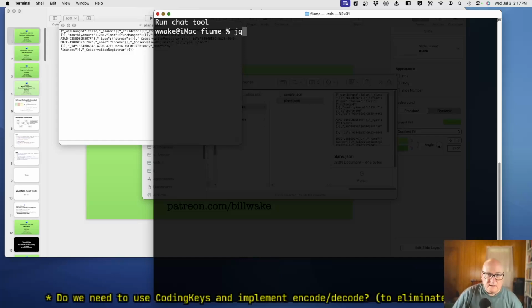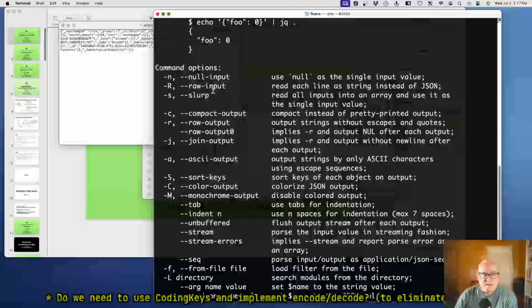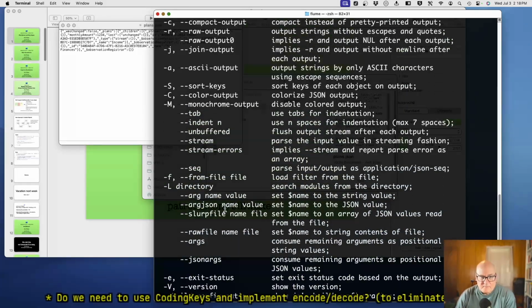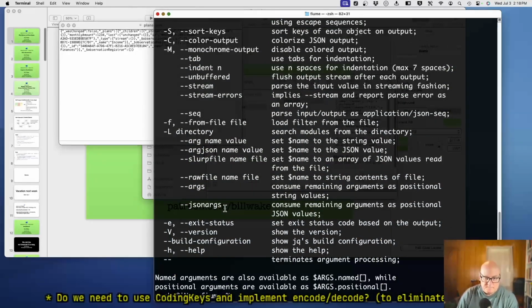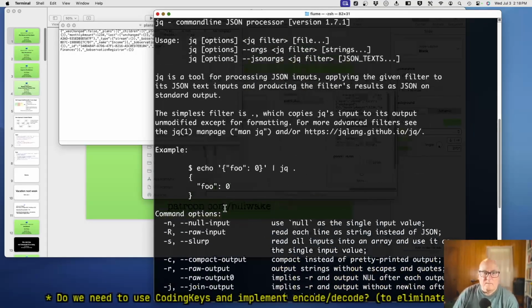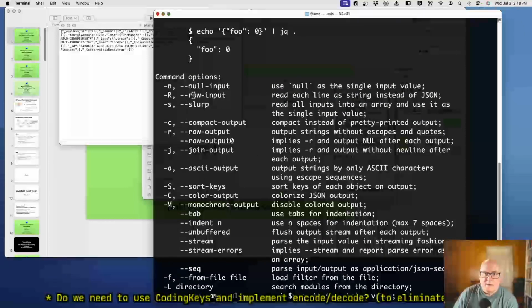I think JQ, right? It has a pretty printer for this. Compact instead of pretty printed.